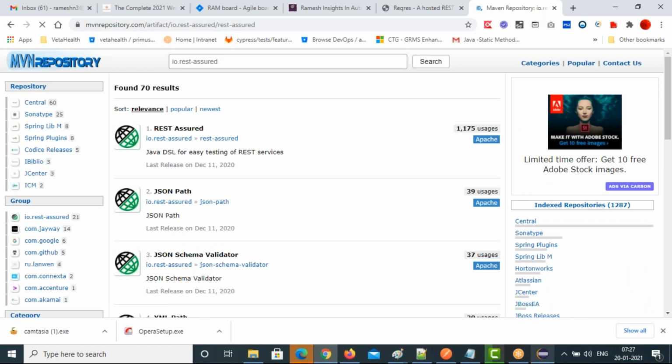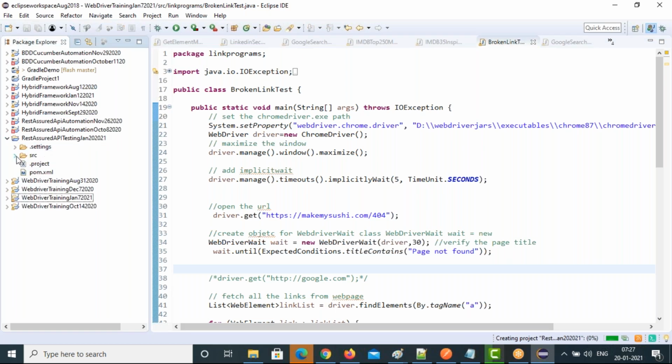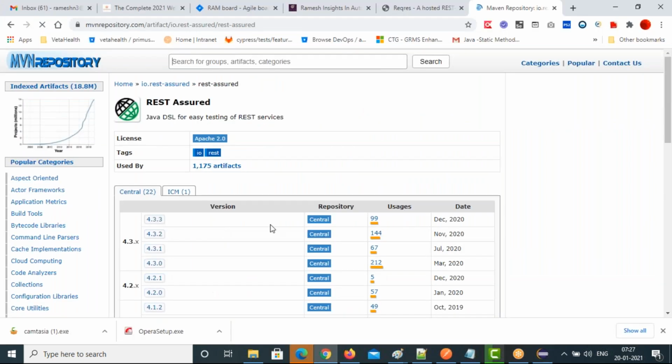Meanwhile, open our project. Expand it and you can see the whole project structure. It is still building the project; let it build, no problem. Meanwhile, copy. Now 4.3.3 is there.